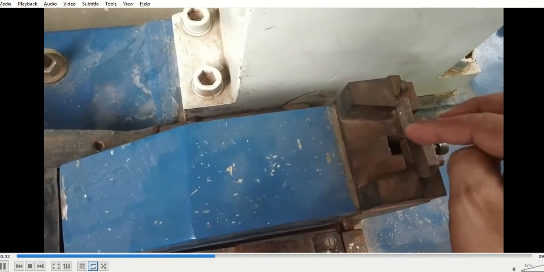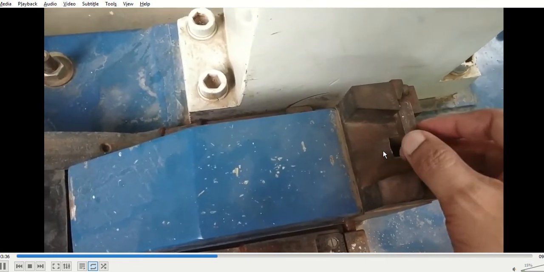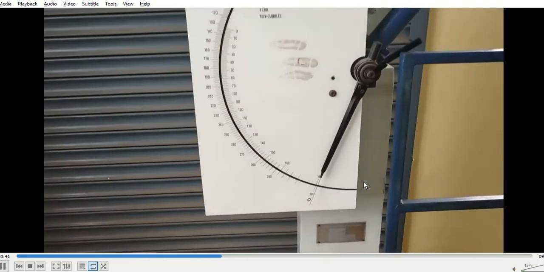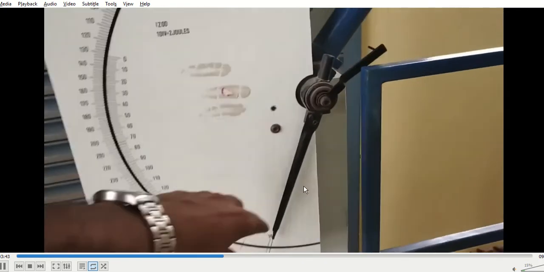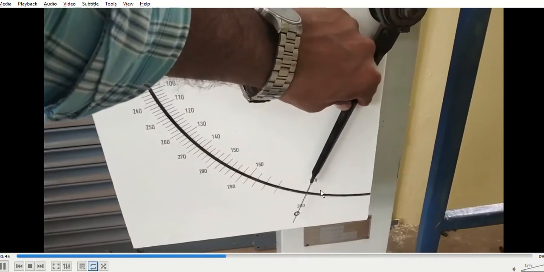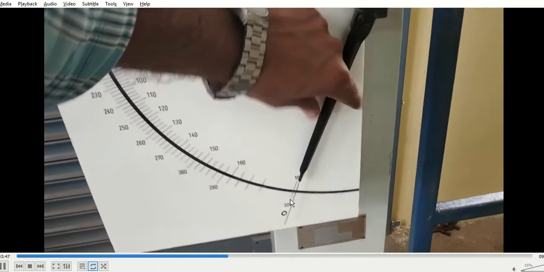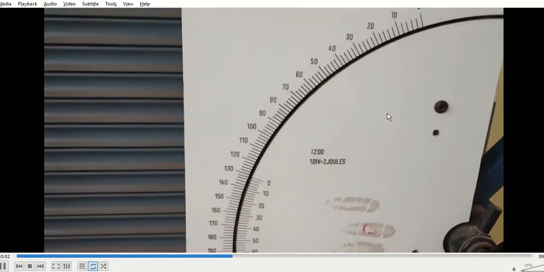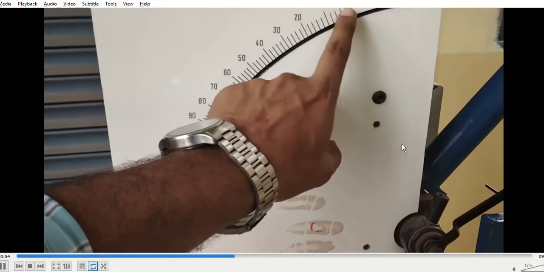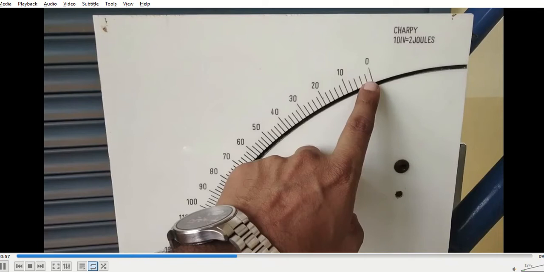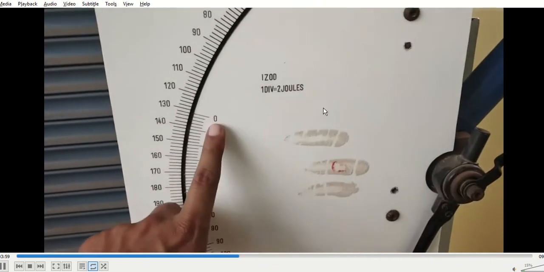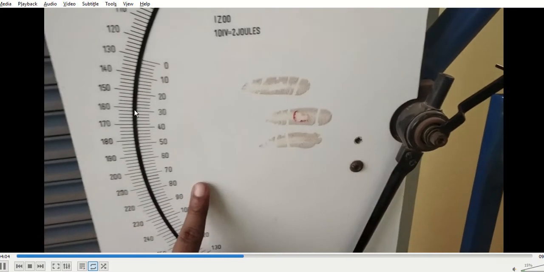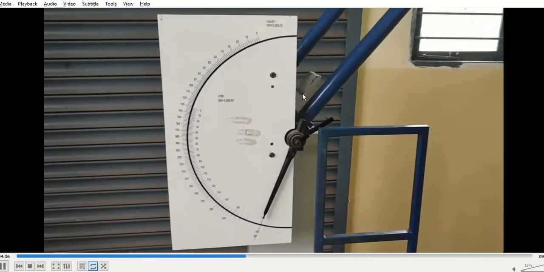And as you know, initially we will have to measure the friction loss in the machine. So we are removing that specimen for the time being. I mean, we are setting this dial to 0. Its maximum value is 168 for ISO and 300 for Charpy. We need to measure the friction loss of this machine. Friction loss is basically happening due to bearing loss and all those losses. You can see one division is equal to 2 joules. Each division is 2 joules. That's how we will take the reading.